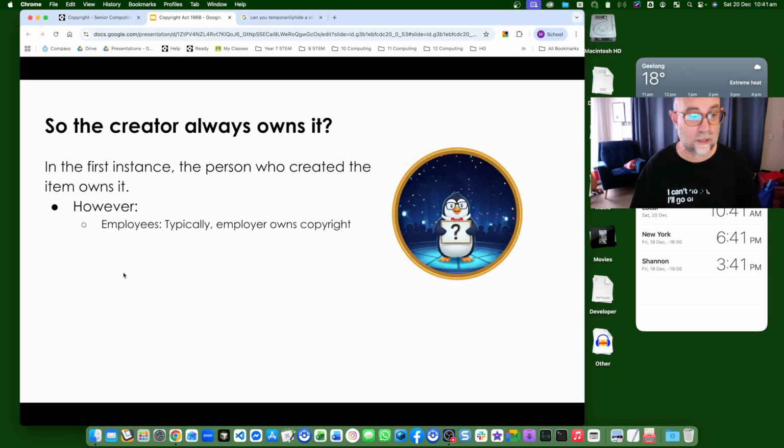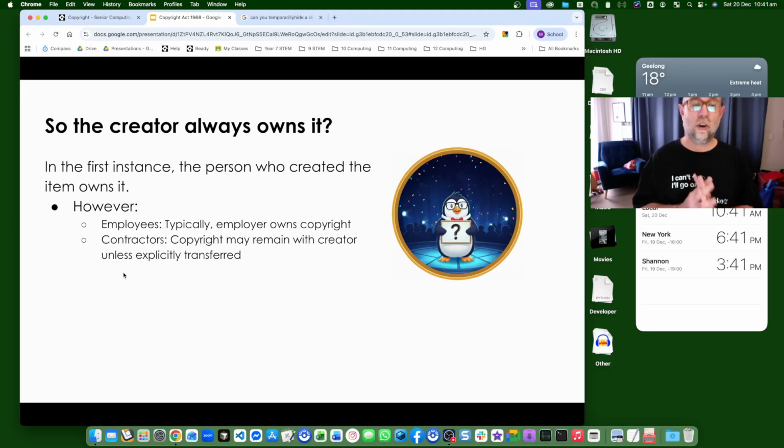Okay, let's keep going. So, if I'm a contractor, now a contractor would be somebody you don't see much in education, but they're quite common in the corporate world. So they come in and do a job for you within your organisation. And so if I were, say, a contractor and I was creating this for another school that I actually wasn't an employee of, they just said, Mr. O'Mara, we want you to come in and make this presentation for us,